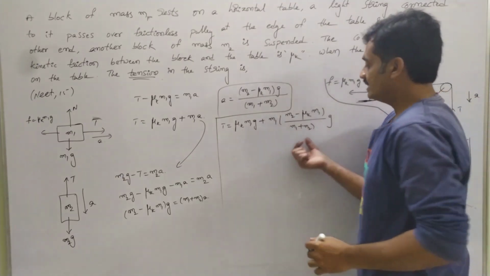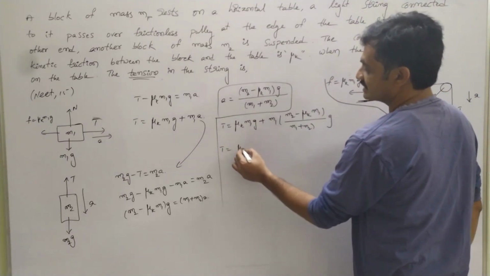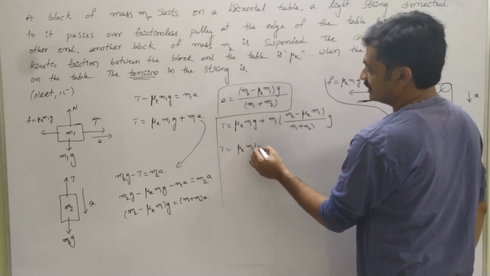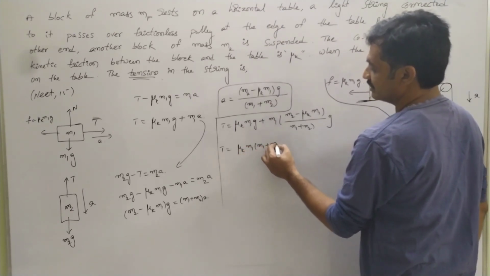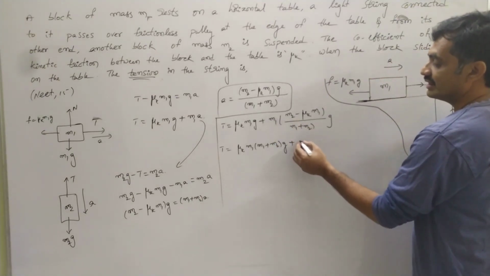So here let's do the LCM. Then we have tension T is equal to mu_k m1 into (m1 plus m2) into g plus m1 into m2